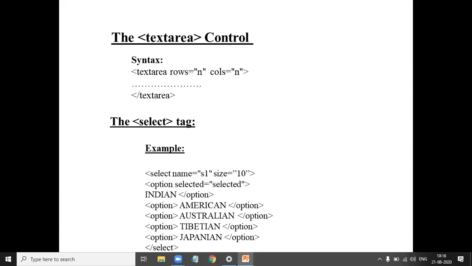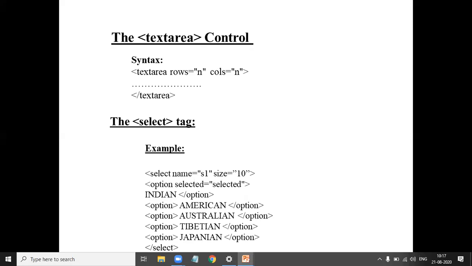Next, select tag. Menus or drop down lists are used to allow the user to select items from a list when the list is too long to use checkboxes or radio buttons. If there are multiple options, then we use this drop down list by using the select tag. Drop down lists are created using the select tag.